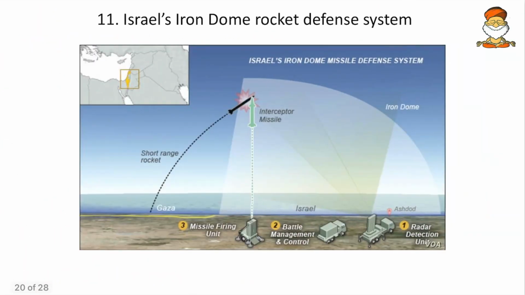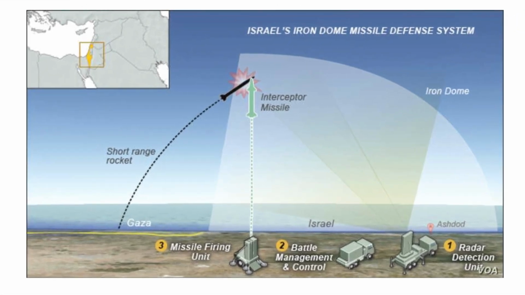Then come to next, Israel's Iron Dome rocket defense system. So, what is this Iron Dome? It is nothing but a missile interceptor. So, here we have some radars and here we have a missile launcher. So, whenever a missile is launched from an enemy country, it will be intercepted like this. Okay. So, all domes, whatever we call, will be interceptors. Even if we call it a cyber dome, that means we are intercepting any cyber attack. So, any attempt to attack our cyber infrastructure will be cut down in the middle itself.